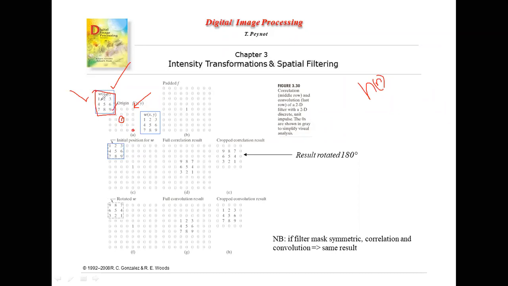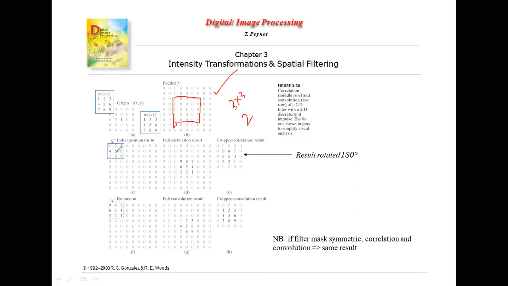But by the time you want to multiply with 1, all the remaining operators do not have the corresponding f of x comma y values for filtering. That is why it is always advisable that you fill them up. This is the original image. Then you have stuffed it with zeros. How many zeros? If it was a 3 cross 3 image, you have stuffed 3 minus 1, that is 2 pixels, on all the sides to avoid such a situation. And now we start with convolution.